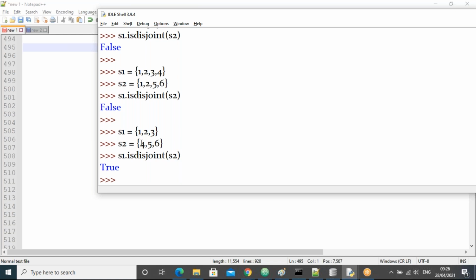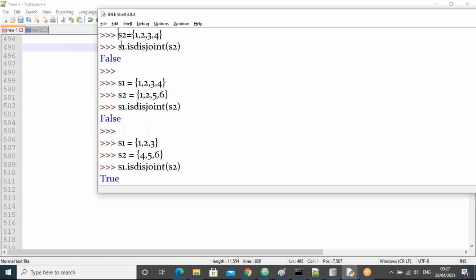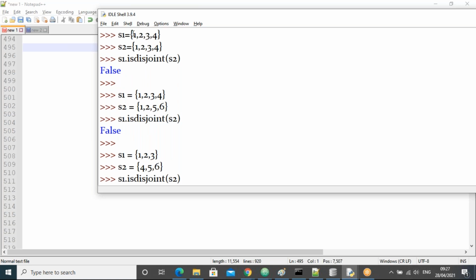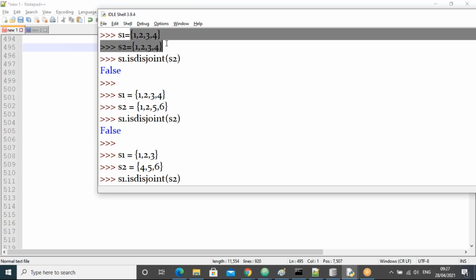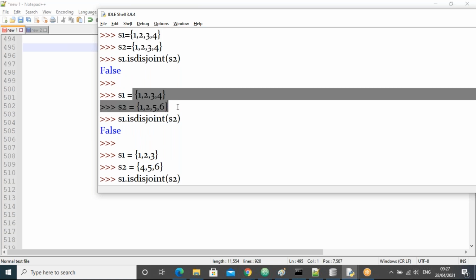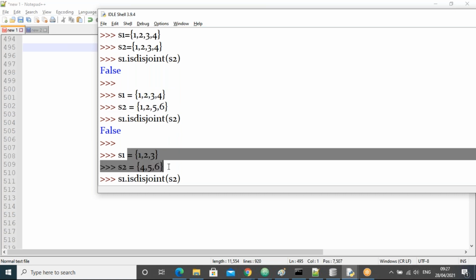So that means if both sets have any common value, any intersection value, then it is false. If you see above, what is the intersection output? Here, 1 and 2 is the intersection. And here, there is no intersection.